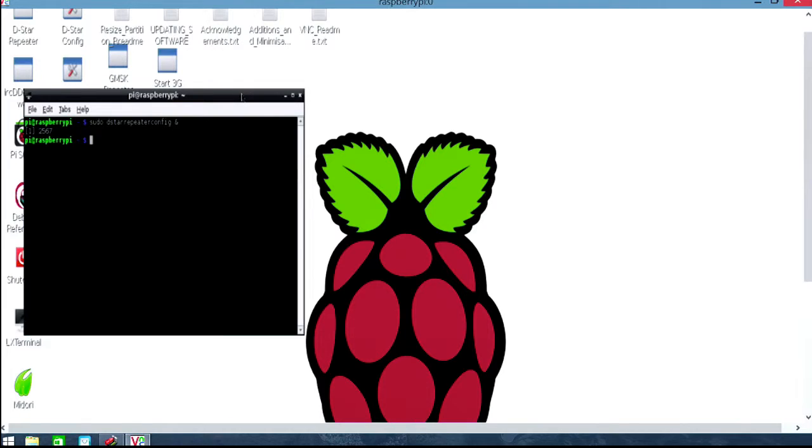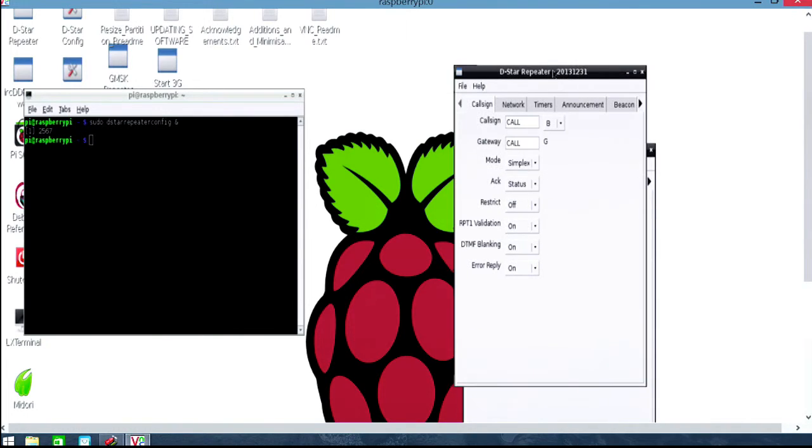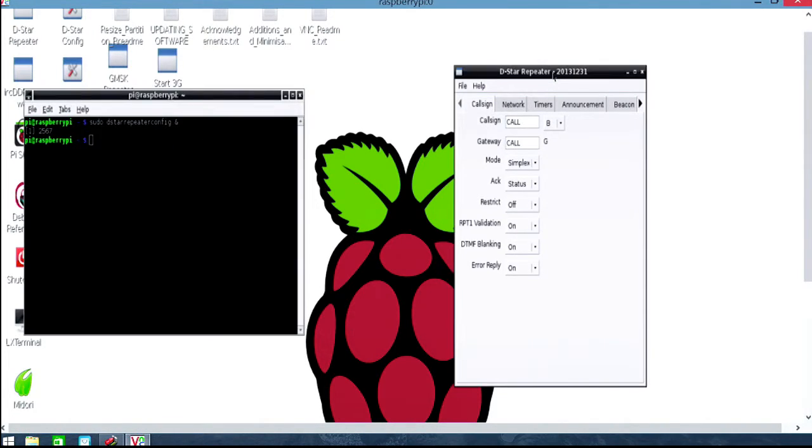Simple. So as you can see, if I run the program up, there's the dstar config program. But if I come back onto the command window, it allows me the option to type different commands, etc. So if I wanted to bring other programs up or change various things using the command window, it frees it up. If you didn't put that ampersand, the window would lock, and if you closed the command window, you would end up closing the dstar config program. You wouldn't be able to use the command window for any other actions until you actually closed our DstarRepeater